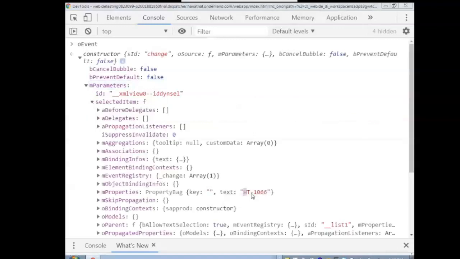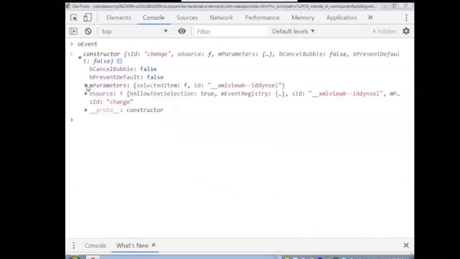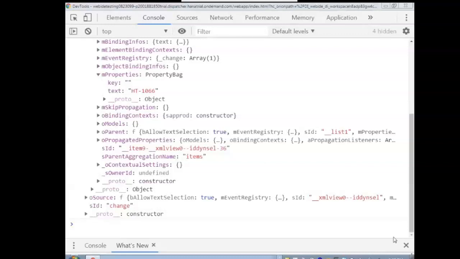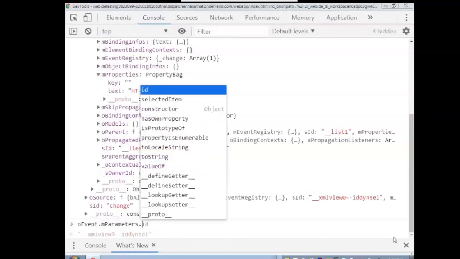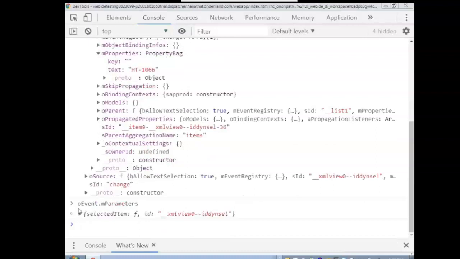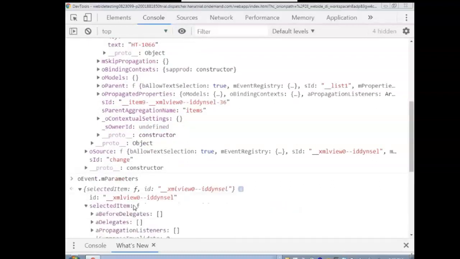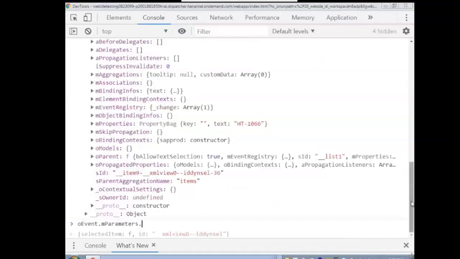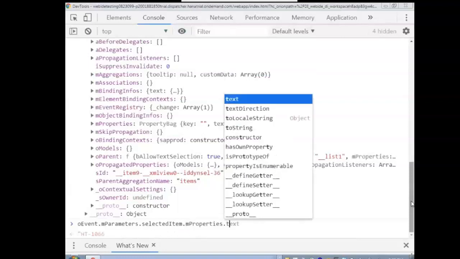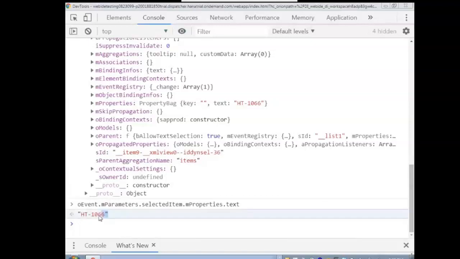See here, I can reach till here by navigating oEvent.mParameters.mProperties, dot selectedItem dot mProperties dot text. I want this value.